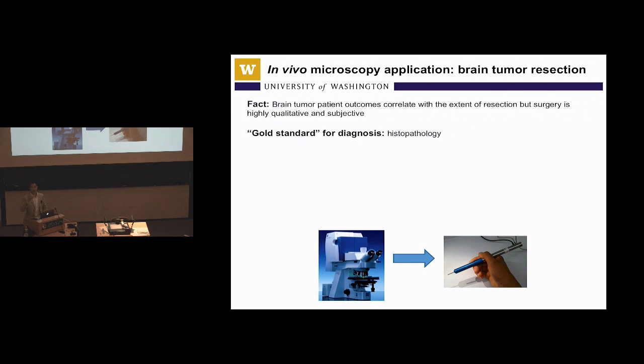So there is no clean-cut margin. It's not like a well-circumscribed solid tumor. It's actually diffuse and infiltrative. Now, for disease diagnosis for probably 100 years or more, the gold standard is based on something called histopathology, which